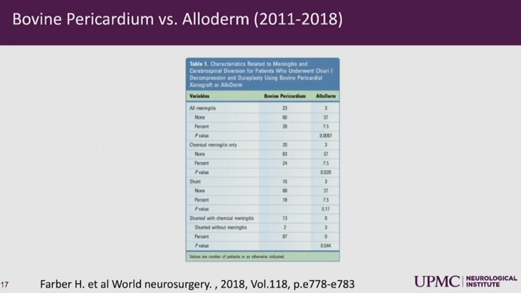I've done a lot of studies looking at different materials as a graft, for example, bovine pericardium versus alloderm. What I found is that the alloderm is a much better product for this. There's less CSF leaks. There's less of what's called chemical meningitis, which is not an infectious form of meningitis, but patients are more likely to need a VP shunt after doing this. So I exclusively use